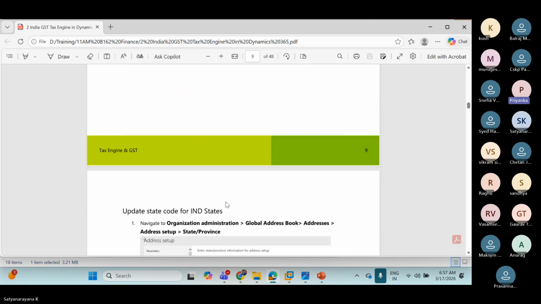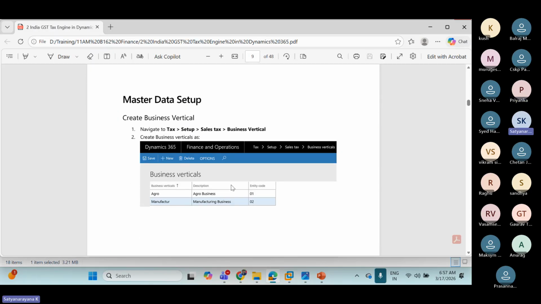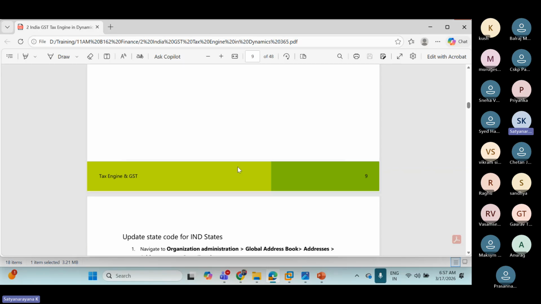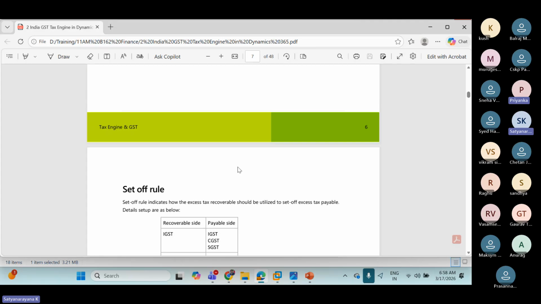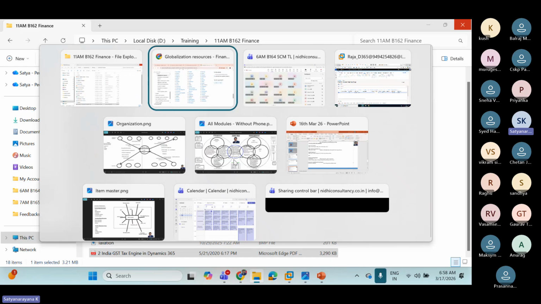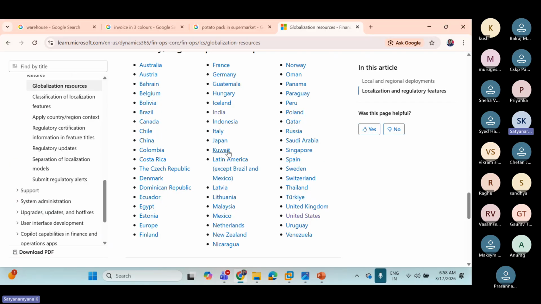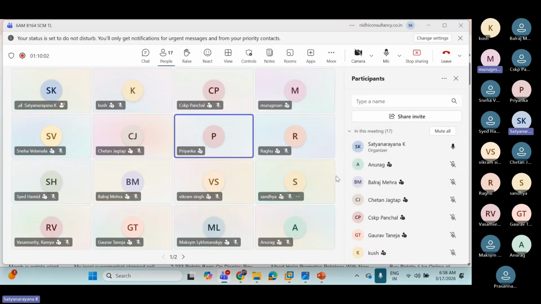While creating a company, we have to select the region. Yes, India. That explanation I will give you, but the setups and configuration I'm not going to cover. A detailed document is there from Microsoft. Localizations change from country to country. If you are working for Kuwait, Kuwait localization is required. If you are working for Japan, you need to learn that localization. There are many localizations, 58 provided by Microsoft. But it is a part of finance, not here.